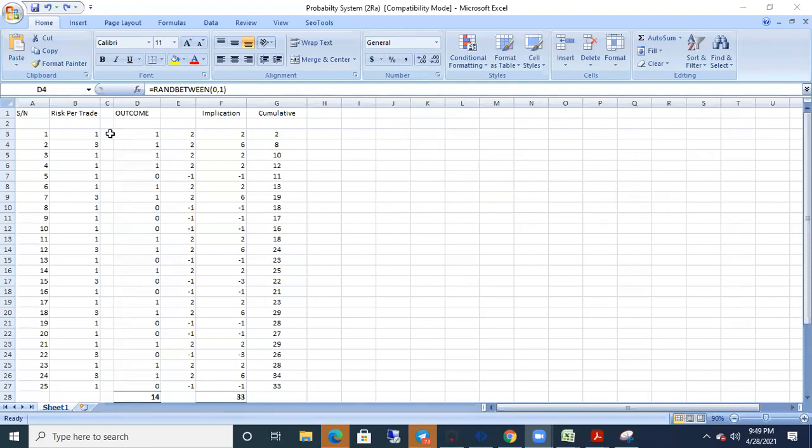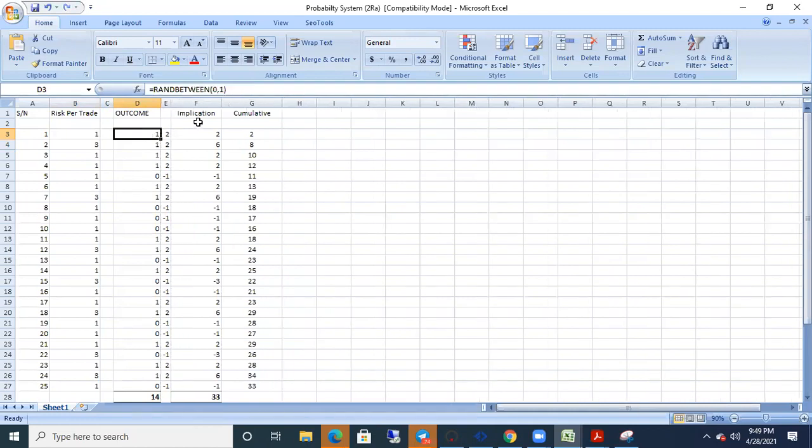So here, let's take what we have here. This is a serial number of 25 iterations. This is the risk per trade. So the risk on the first trade was 1%. The outcome is either 1 or 0. If it's 1, it means it is a winning trade. If it's 0, it means it's a losing trade. So the outcome for this is a 1. The implication is that